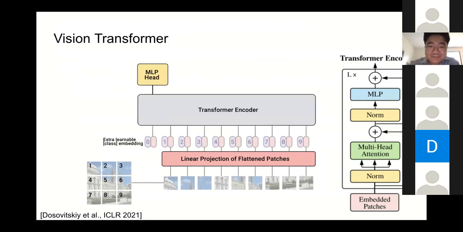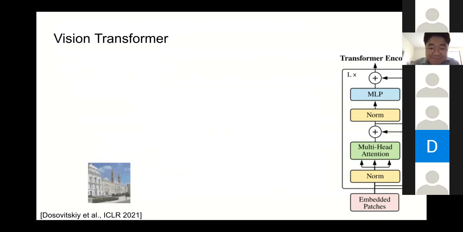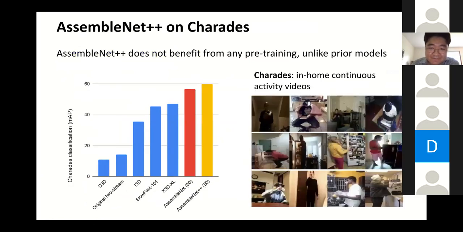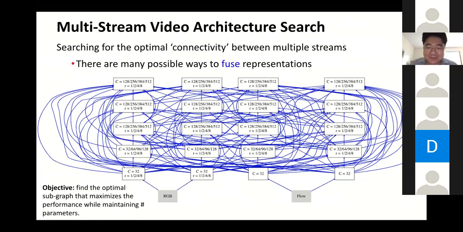One small question. Just regarding the parameter size of the AssemblyNet, of course, arriving at it takes a long time for the computation, but how large was it compared to the CNNs in the end? That's a very good question. If I show you this, you will think that this is way overly complicated, with so many parameters.